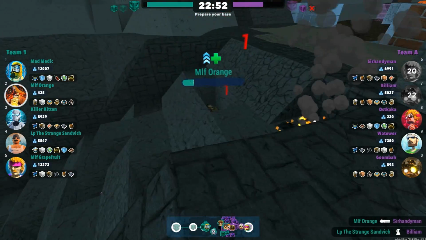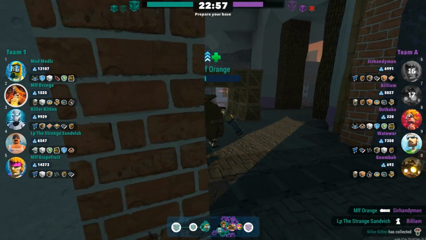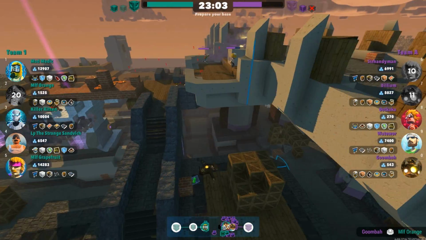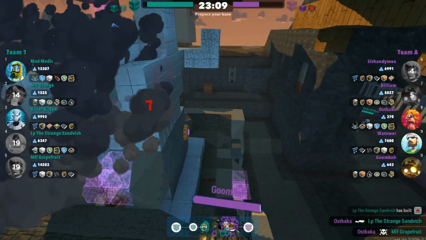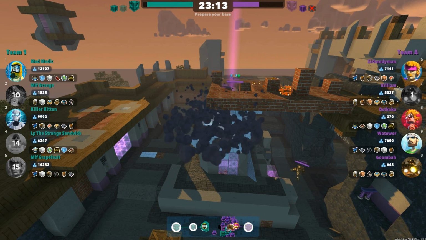So Handyman gets taken down by Orange. Sandwich's turret takes down Bolium, and Killer Kitten has to collect a supply drop, which really helps their team. It actually means that Orange could place down a respawn point now if he wanted to. They're into the second cube. The second cube is now almost down to half health, which means that they just need to keep trying to...